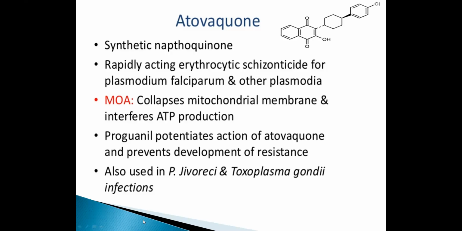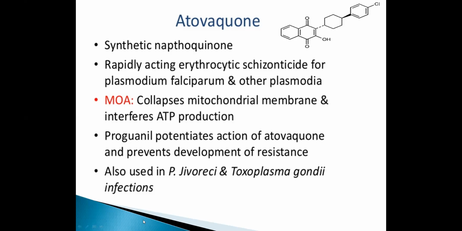In the exam, they might ask you the structure and uses of Atovaquone. It is basically a synthetic naphthoquinone derivative. Remember the basic structure: it contains a naphthoquinone, that is a naphthalene ring containing a 1,4-dioxo compound, with an OH at the third position, and at the second position it is connected to a bi system, that is connected to a cyclohexyl, which in turn is connected to a chlorophenyl group. So this is the structure of Atovaquone.